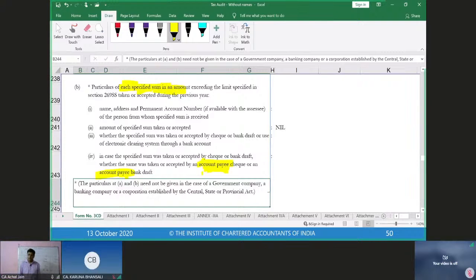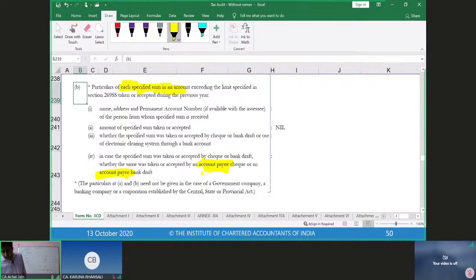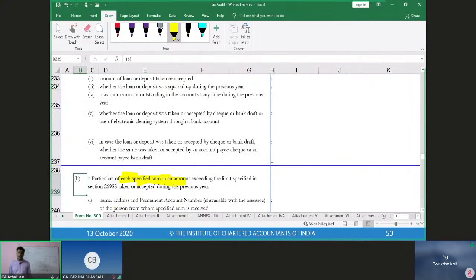Now in respect of this, do we really think that some of the other audit procedures, means some of the procedures other than what we have discussed in 31A, will have to be performed? No. All the procedures which we have discussed under 31A would also apply under 31B. The only difference is now the parties are different and the nature of amounts are not loan or deposit, these are some other nature.